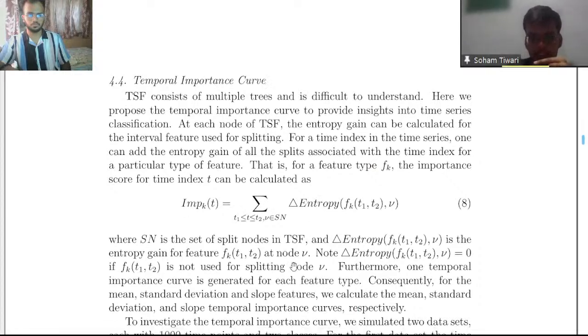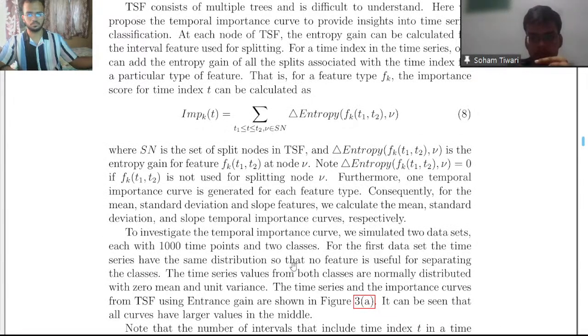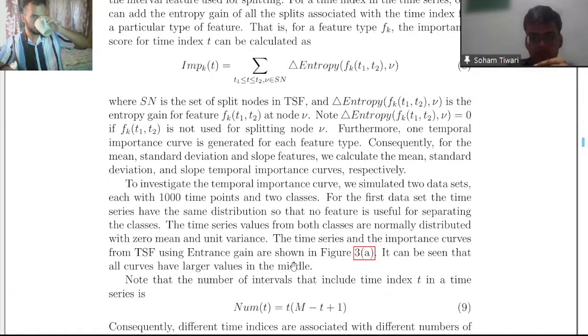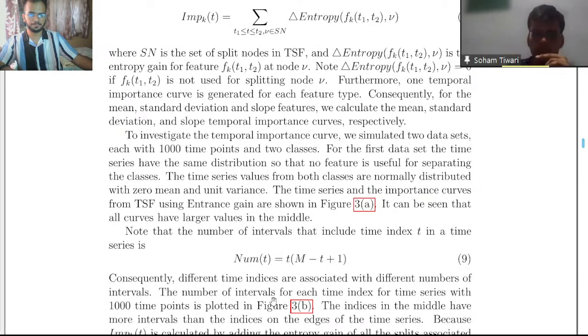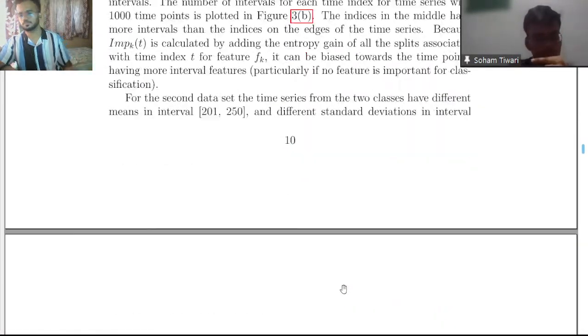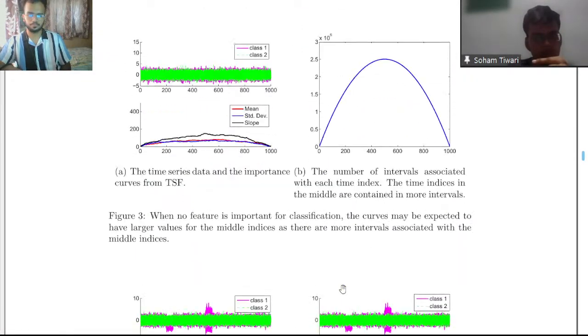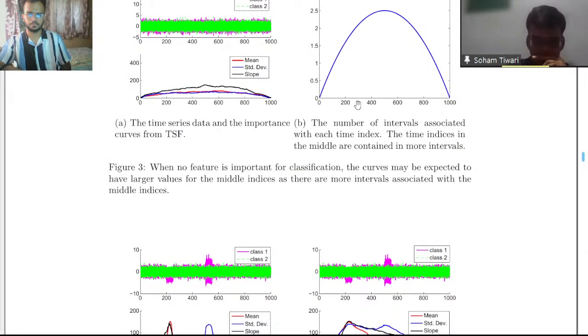Right, and num of t. Yeah, num of t is the formula used to compute the number of intervals a timestamp t is in, which is quite simple: t times (m minus t plus 1). Right. So these represent